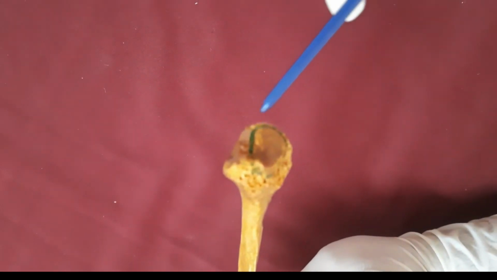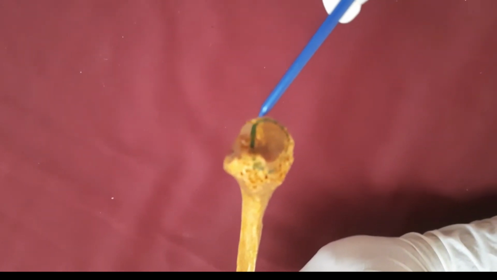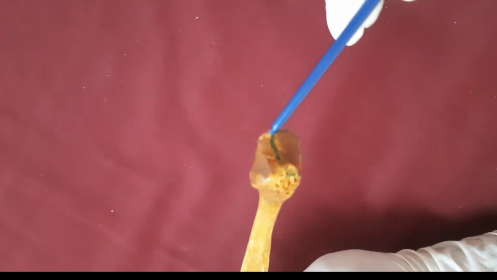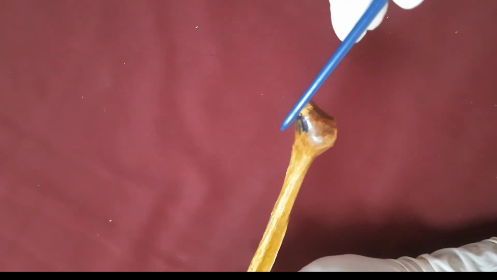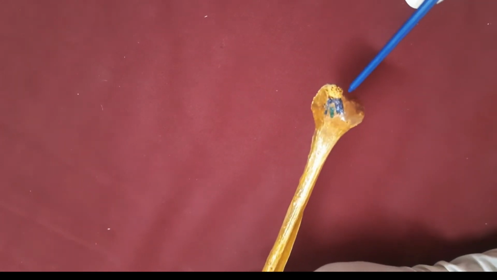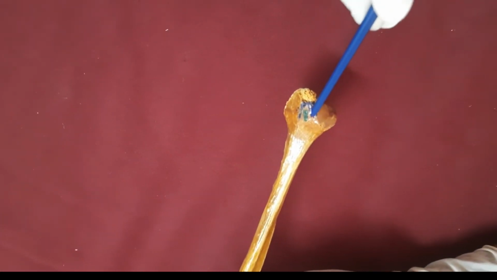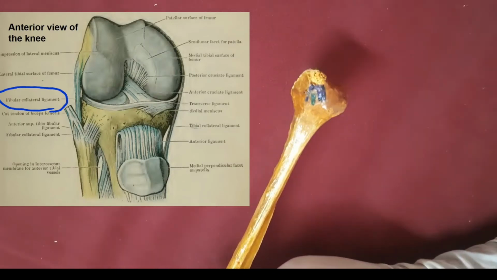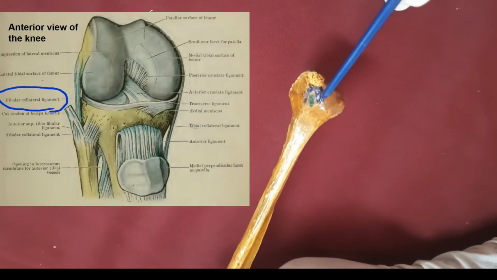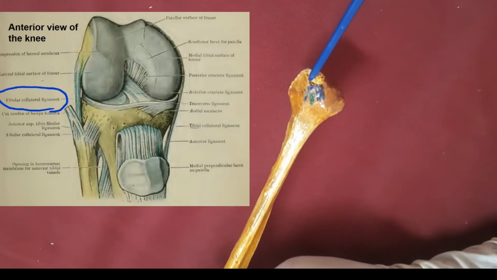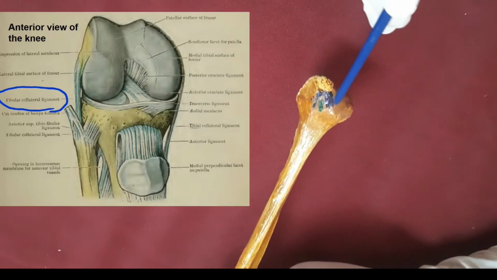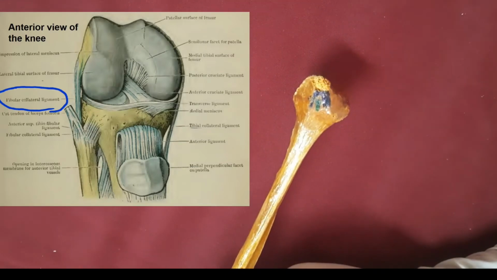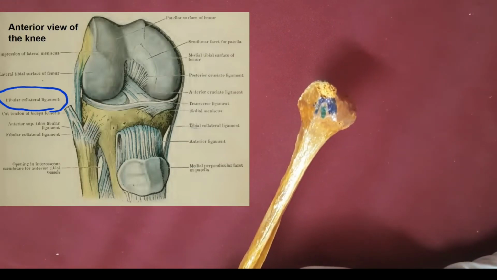As we know, posterolateral to the articular facet we have the styloid process. At the anterolateral slope of the styloid process we have a C-shaped attachment of biceps femoris muscle. Remember here the shape of the insertion is C. Now within the C there will be attachment of one ligament known as the fibular collateral ligament.